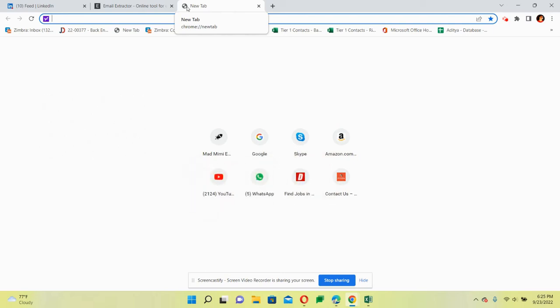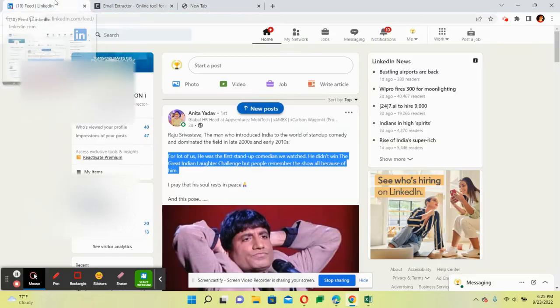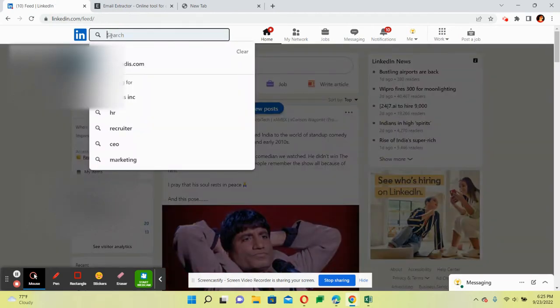So my first step is there. Today we are going to learn how to collect email IDs of a particular company using LinkedIn. So let's move to LinkedIn. You will log in to LinkedIn, you will open it up, and let's say you want to have the email IDs of Modus. So here you will write down at the rate